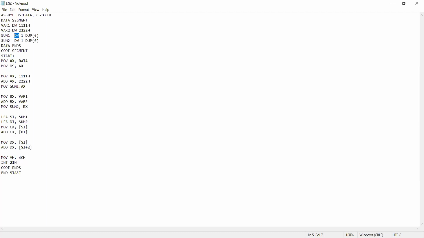So sum2 is available from SI plus 2. When I write this instruction, the contents of sum2 are going to be added with the contents of the DX register, and the result is going to be stored in the DX register. That is the purpose of all these statements.